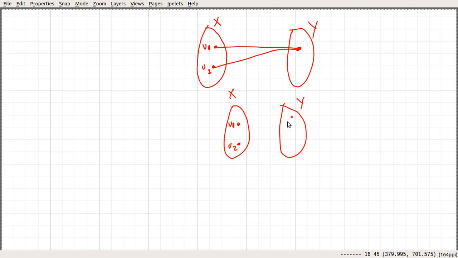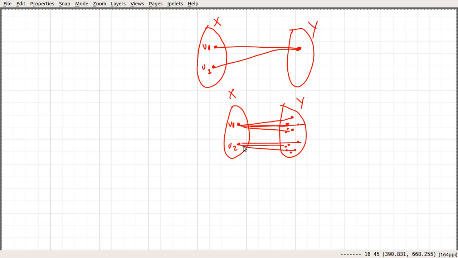We have a bunch of points here, and v1 is connected to only, say, this one, and v2 is connected to this one, something like that.